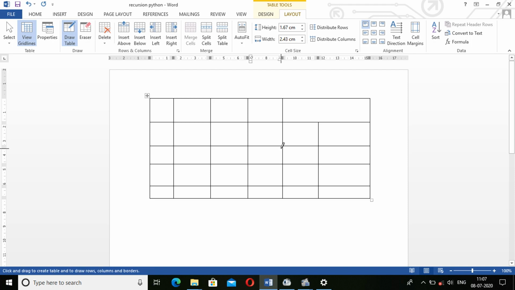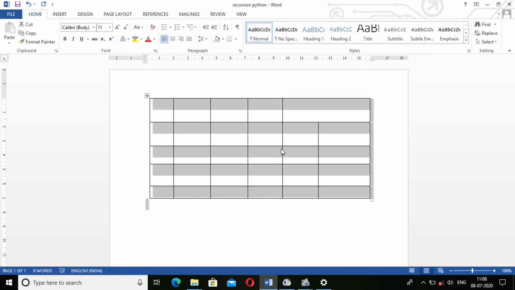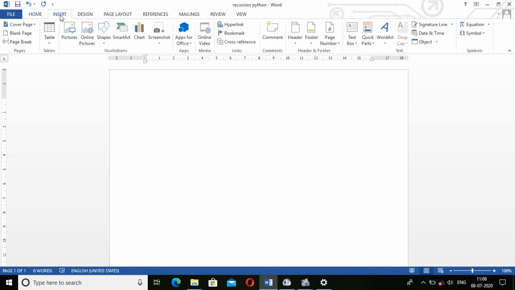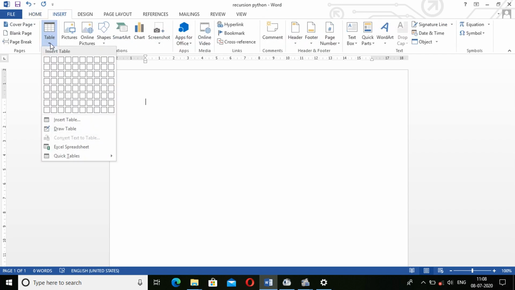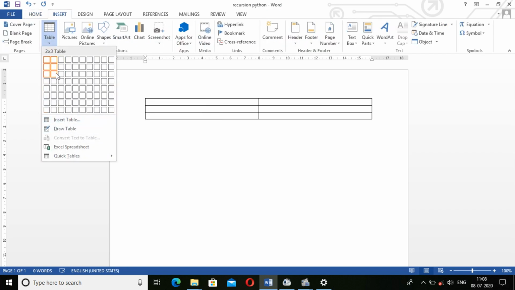So this is another option which allows us to insert a table, which is Draw Table. One more option through which we can have a table is called Quick Table. So I'm removing that, and again going to Insert, then Tables, and clicking on these boxes.